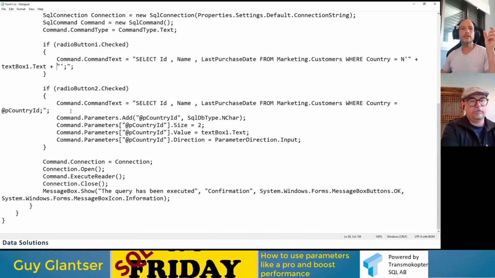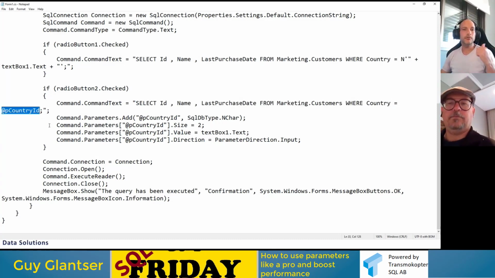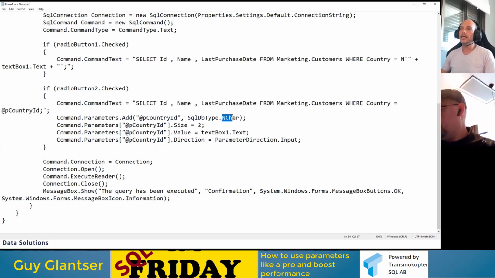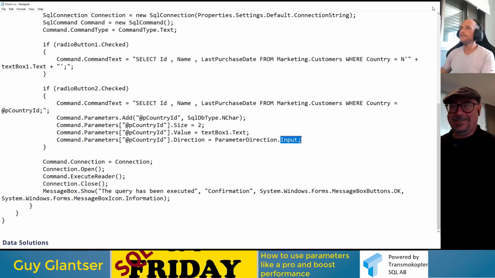And if I choose the second radio button, the parameterized query, then I'm going to use a version very similar to the parameterized dynamic query. I'm going to use p country ID, declare this parameter as an nchar with size 2, put into the value the text box, and declare it as an input parameter. So this is how it looks from C# code, more or less the same idea.